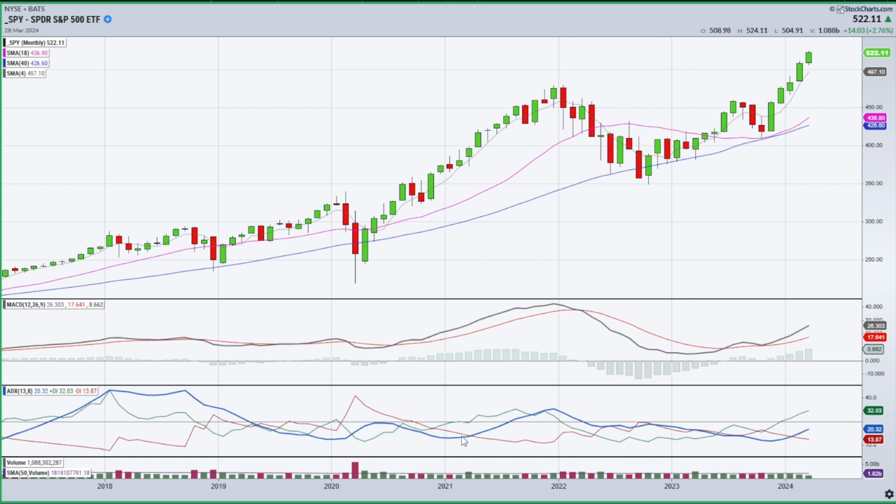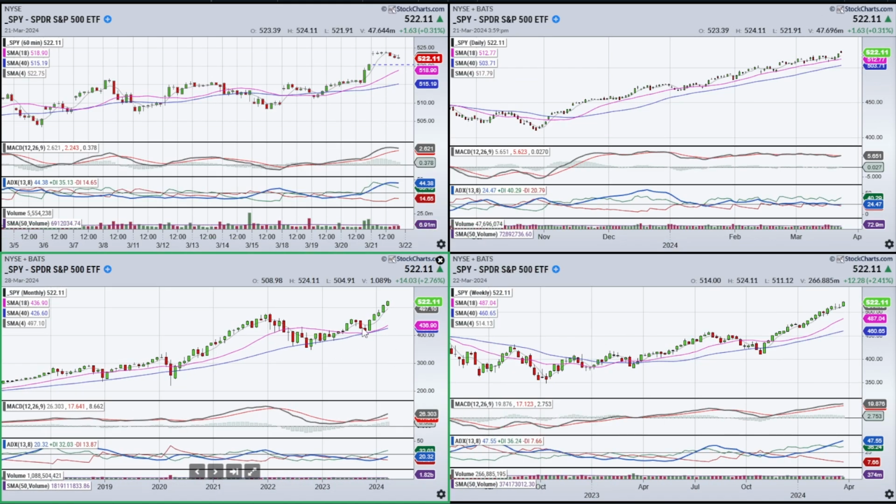And just like the way this happened here, it did take a while for the ADX to get going, but it started rising right about here. All right, so we're in kind of the same boat. It's very possible this wants to keep carrying right now. So there's no sign in the momentum, at least on the monthly, that there's a problem yet. Same thing on the weekly.